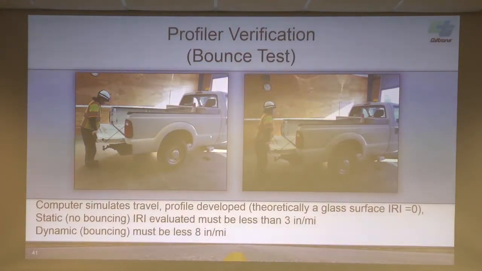So now he's bouncing this truck, and the computer is simulating driving through a 10th mile while it's bouncing. The accelerometer is canceling out all the suspension, and it's calculating elevations of the accelerometer. The laser's changing distances. Well, the reality is the road is still theoretically a sheet of glass, so that IRI should be 0. Well, there's a lot of noise in these laser beams, electronic noise in these sensors, so there's a higher tolerance. If it reads an 8 or less, he passes.